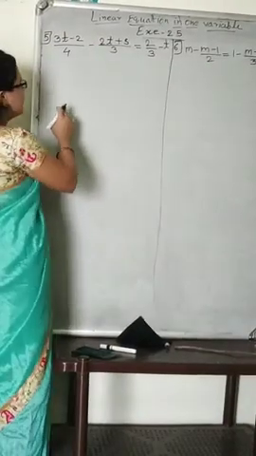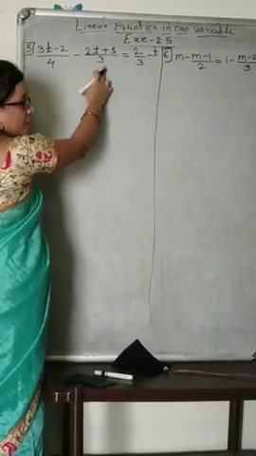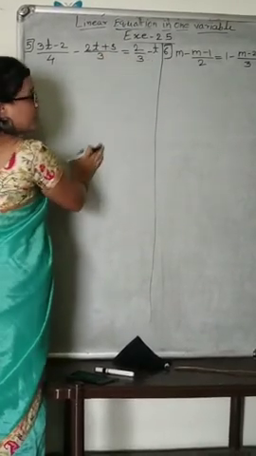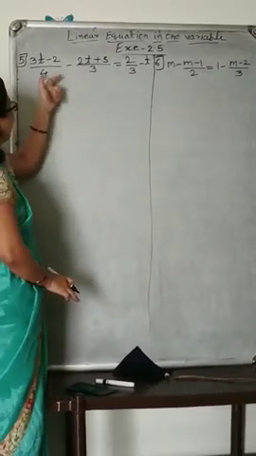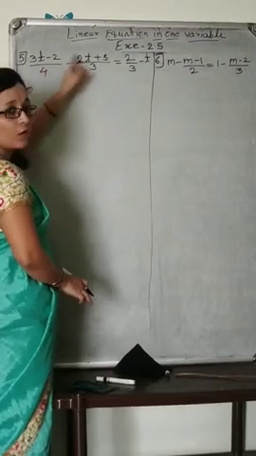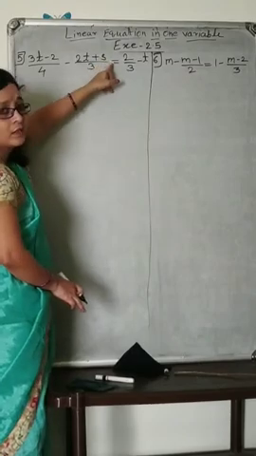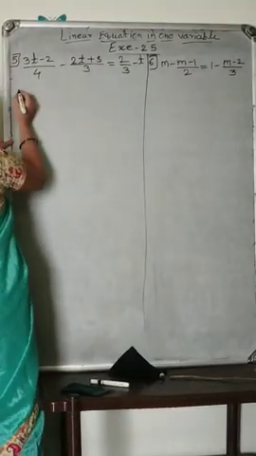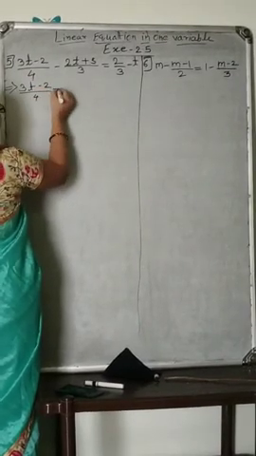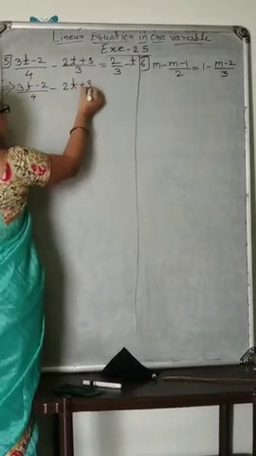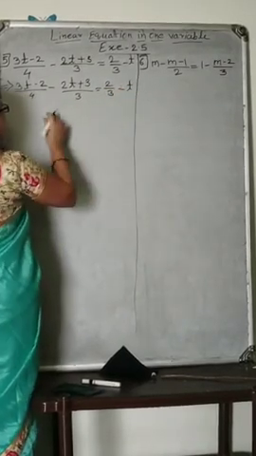Now fifth example is (3t minus 2) divided by 4 minus (2t plus 3) divided by 3 is equals to 2 upon 3 minus t. Now firstly we will solve the LHS and then we will take the RHS values. We have to cross multiply, by the 3 to the 3t minus 2 and by 4 to 2t plus 3. Now firstly write the question as it is: (3t minus 2) divided by 4 minus (2t plus 3) divided by 3 is equals to 2 by 3 minus t.